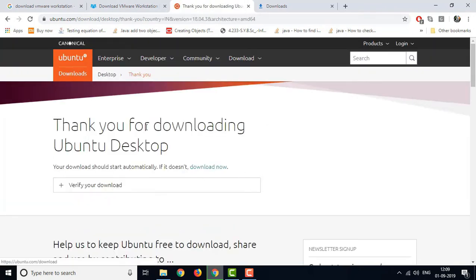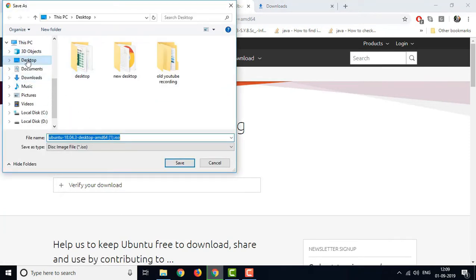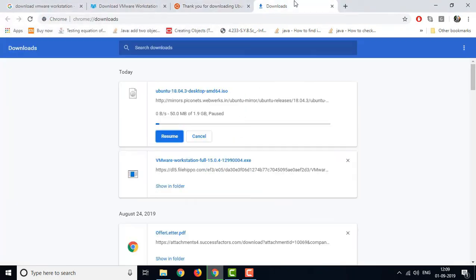You will get a new window, and here you will get a pop-up window for downloading. Select the location where you want to save. As you can see here, it is showing one because I have already started my download. I'll resume this one. It will take some time to download, depending on your internet connection. So wait for the download to finish. In the meantime, I will pause my video and wait for the downloading to finish.